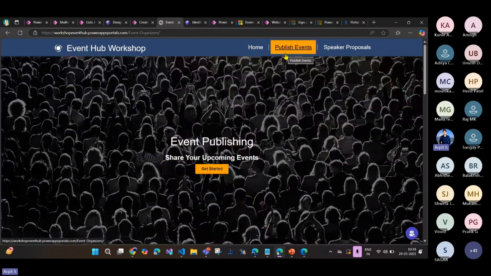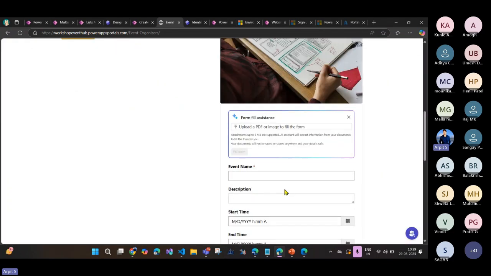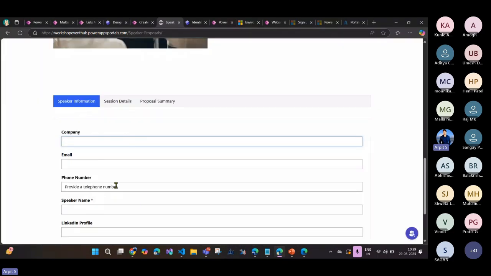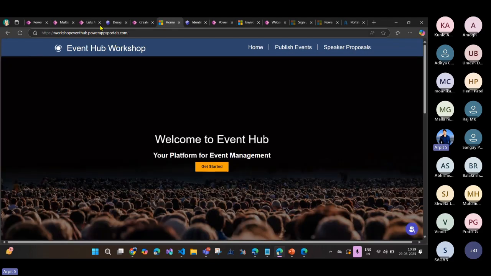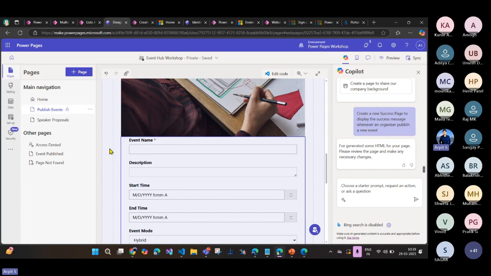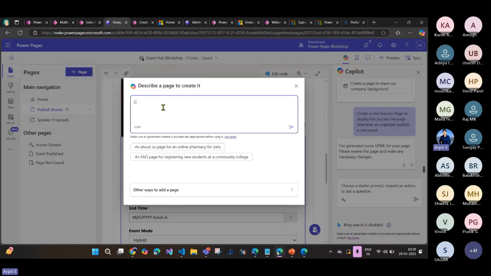So we have already created two kinds of component. First is the basic form like this. And then you have got the multi-step form. Now, what I want is, being a participant, when you go to the website, you should see list of all the events. So for that purpose, we are going to create a new component called list. Okay. So again, we'll create a new page for participants